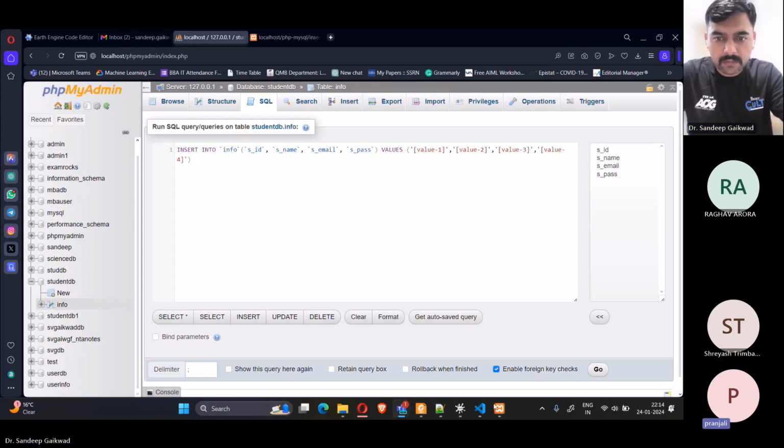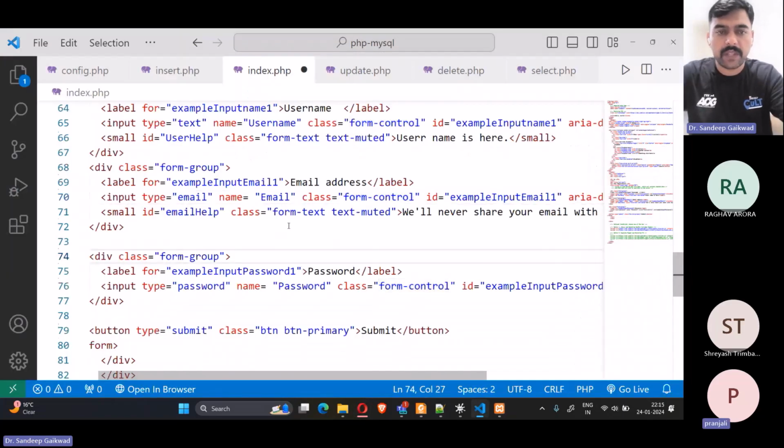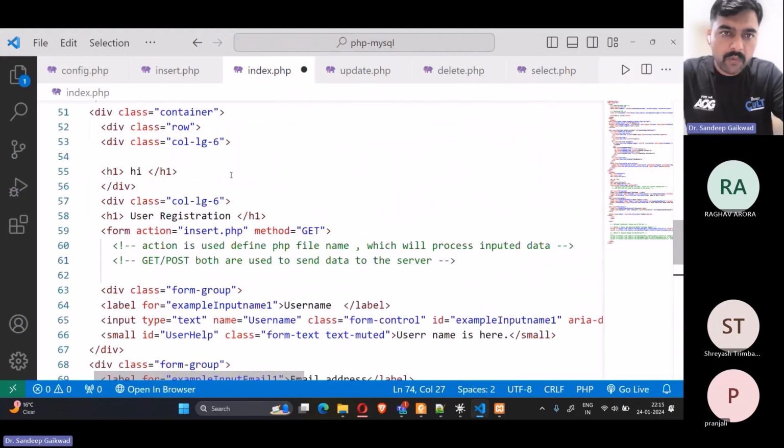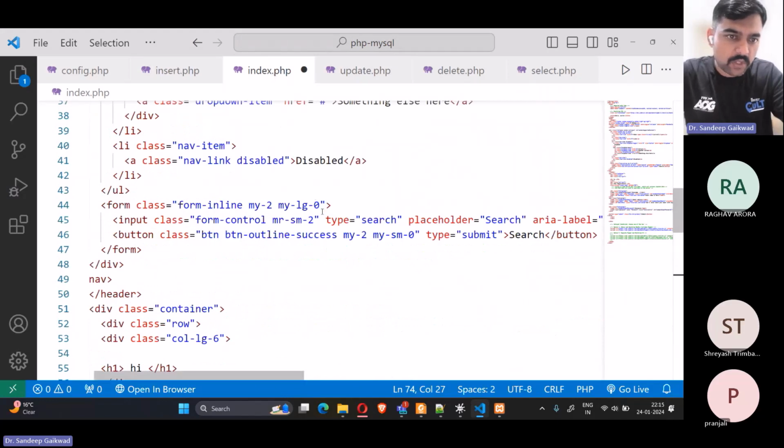A short summary of the connection. Okay, yeah, let me tell you what we have done so far. We have created one file, that is index.php. Yesterday, I told you